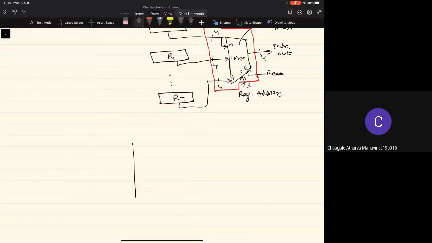So I'm talking about a register file. There is what's called a read port here. Read port 1 and read port 2.